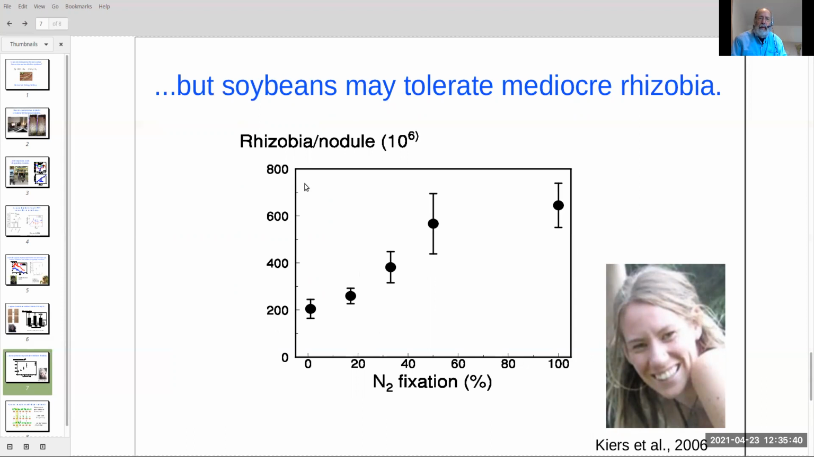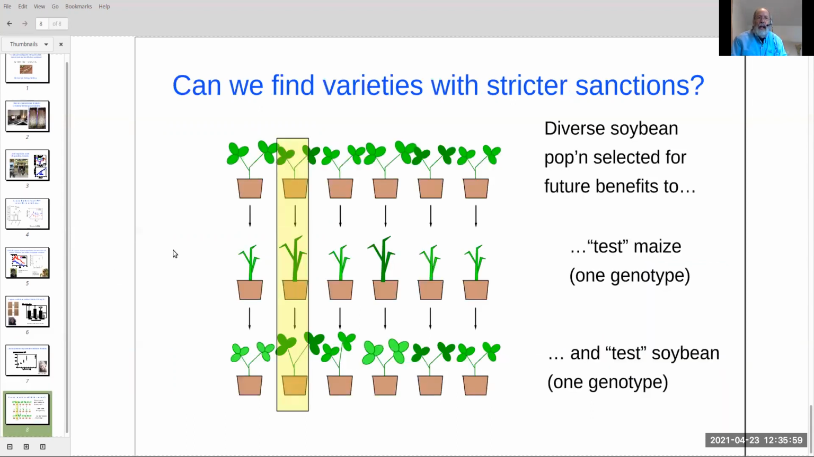This scale here is the amount of rhizobia reproduction, and this is the amount of nitrogen fixation. But rhizobia that were putting half of their energy into their own reproduction rather than nitrogen fixation, the plant apparently didn't notice and they still reproduced. So the question is, can we find plant varieties of soybean or alfalfa or clover that have stricter sanctions and that only allow the very